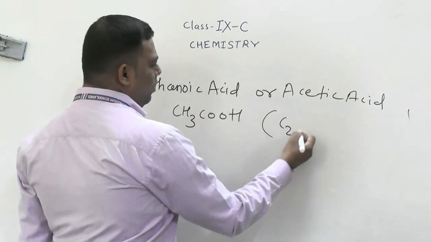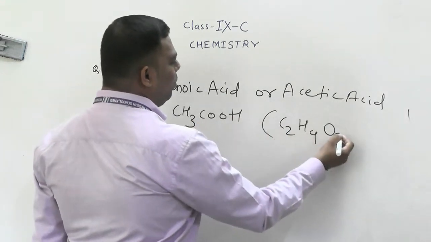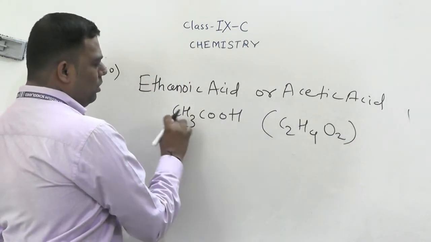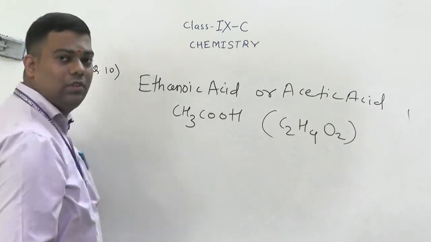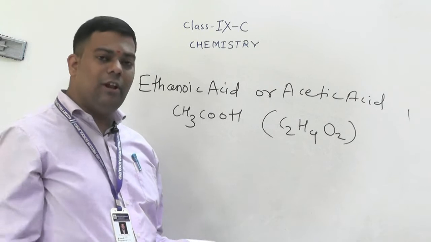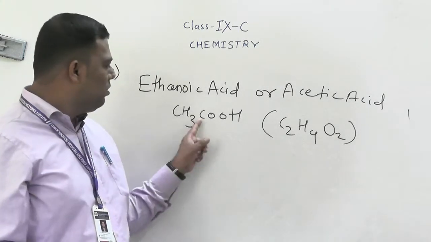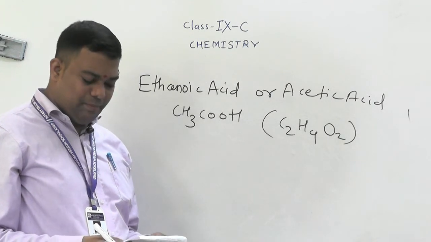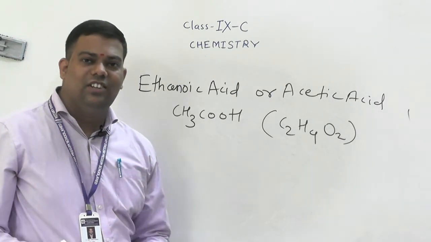So see here, C2H4O2. C2, 3 and this 4, C2H4O2. These are the molecular formula. So the molecular formula of the acid is C2H4O2. Then its empirical formula is,